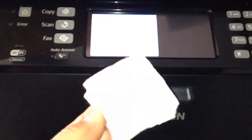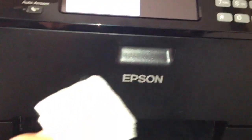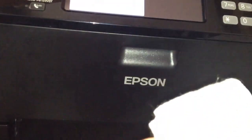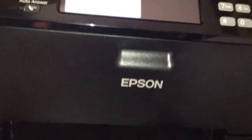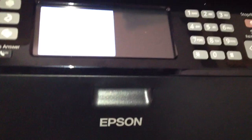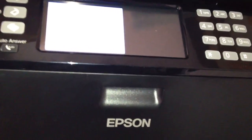Like I said, use a 2x2, put them back there like I showed you, put some of the print head cleaning solution on it. You can push it to the side, lock it in place, and let it sit for a while. Let that solution soak up into the print head and dissolve. It takes a while, so let it dissolve all the excess dried pigments that are down there. Then after that, go ahead and run it a few times like I've shown you through the nozzle check pattern, and hopefully that clears up your problem. If not,